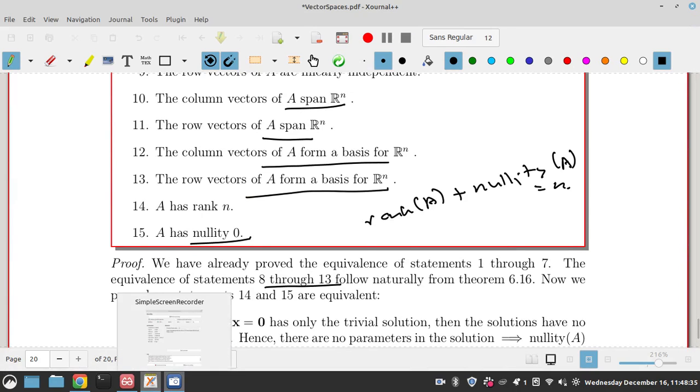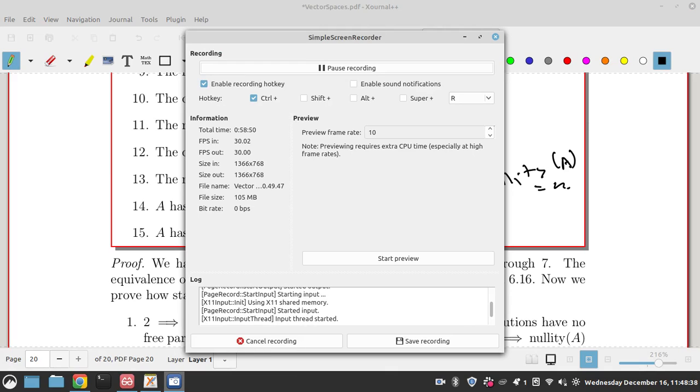All right, you will learn more when you do the